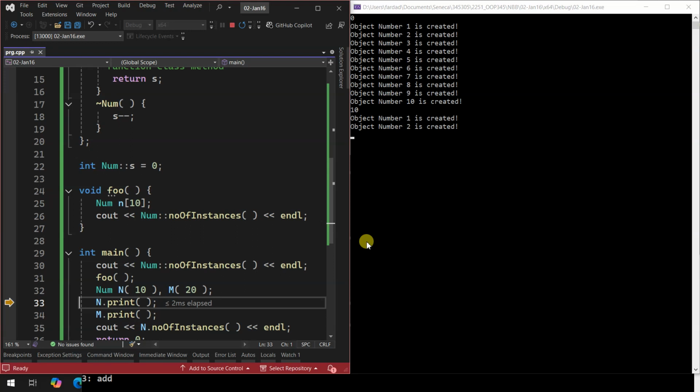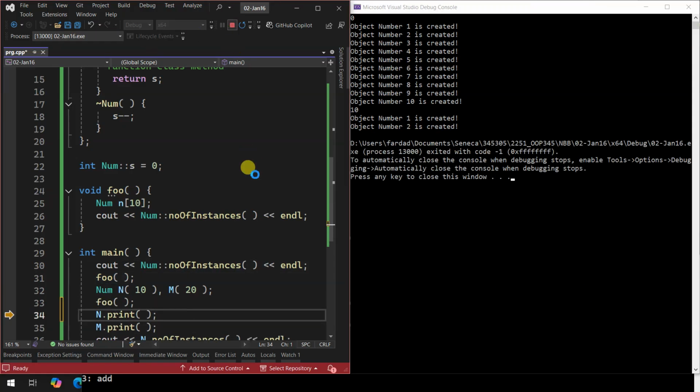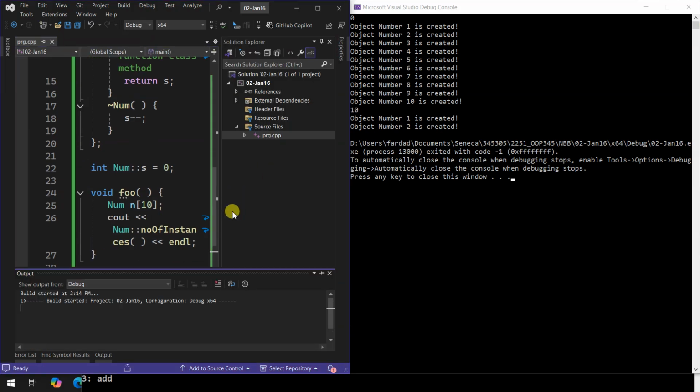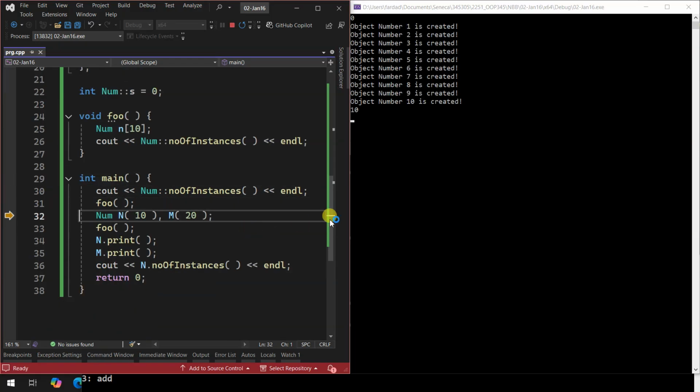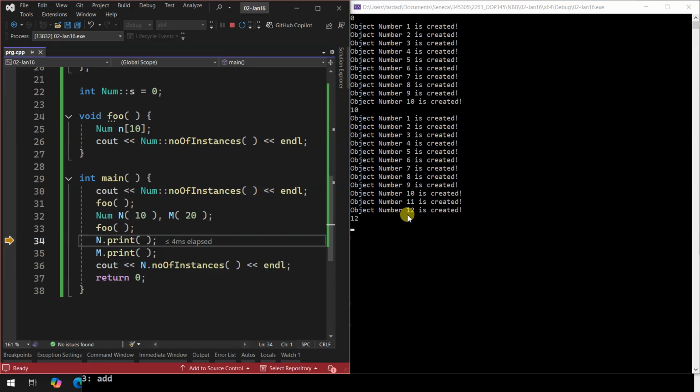Are we okay? But if I call foo over here, and I run it, so the first one is executed. When it comes over here, now when it goes over there, it's going to go up to 12. Because when foo is called, the second time, n and m existed. Therefore, it became 12. So it's really shared. It has nothing to do with your scope. The static variable remains the same.